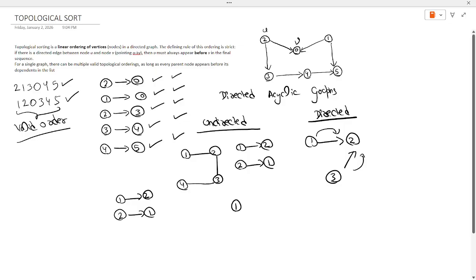If I consider this graph: 1, 2, 3, and back to 1. This is a directed cyclic graph. This graph contains a cycle because if we start from node 1, we can move to 2, from 2 we can move to 3, and from 3 we can move to 1. We started from 1 and came back to 1. Hence this graph contains a cycle, and topological sort is not possible for